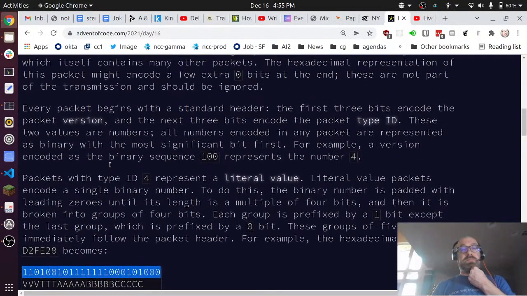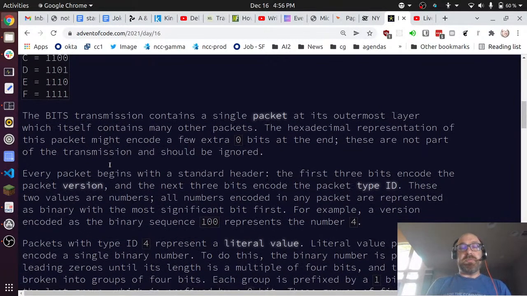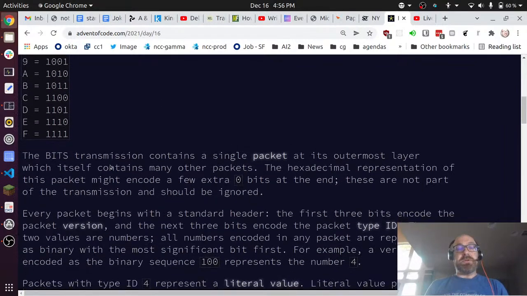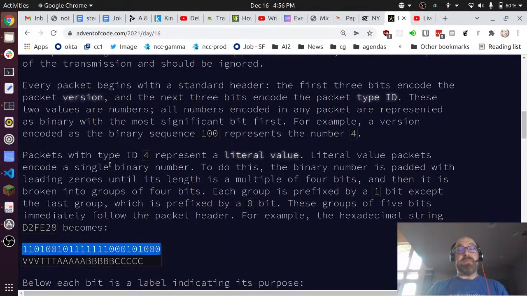Okay. The single packet, which itself contains many other packets. The hexadecimal representation of this packet might include a few extra 0 bits at the end. These are not part of the transmission and should be ignored. The packet begins with a standard header. The first 3 bits encode the packet version, and the next 3 bits encode the packet type ID. These first 2 values are numbers. All numbers encoded in any packet are represented as binary with the most significant bit first. Okay, so